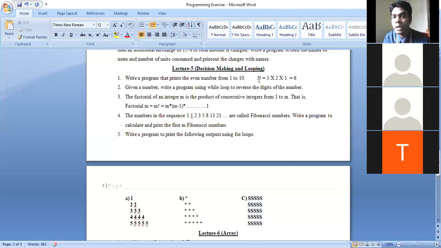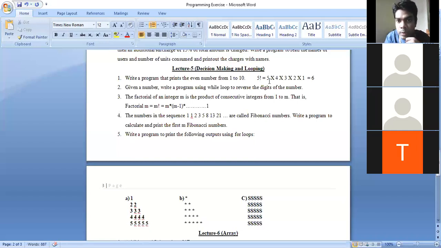If I give, suppose, 5, then what will be the output? It will multiply like this: 5 into 4 into 3 into 2 into 1.